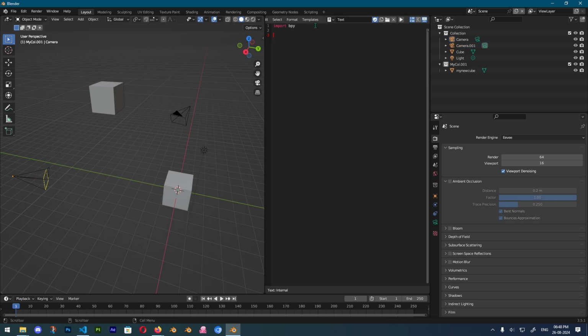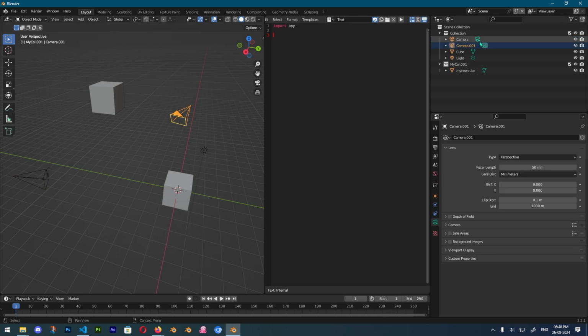So if I want to change my inactive camera from this to this, then I actually have to use my Blender scenes to change the active camera. So it's simple. I'll reference my original camera here because I want to change my active camera to this one. So I'll just reference it like